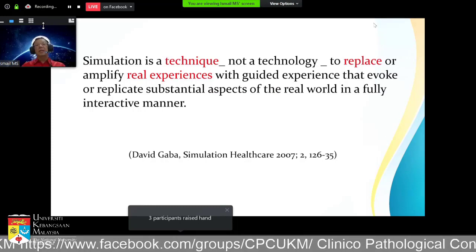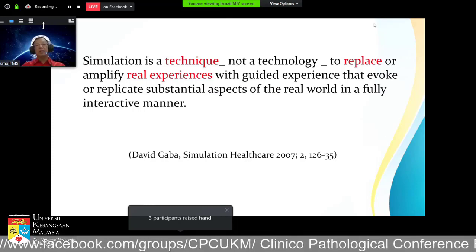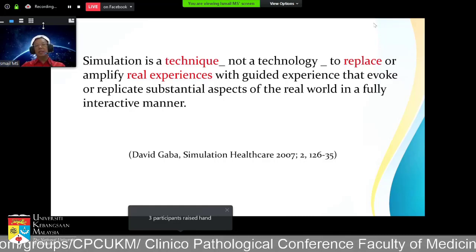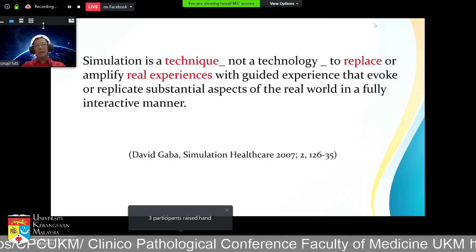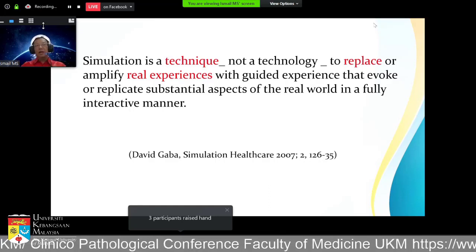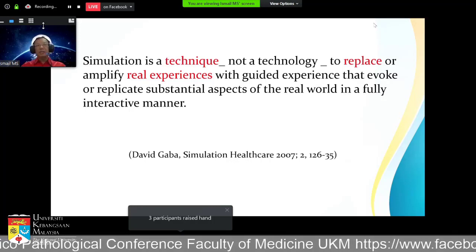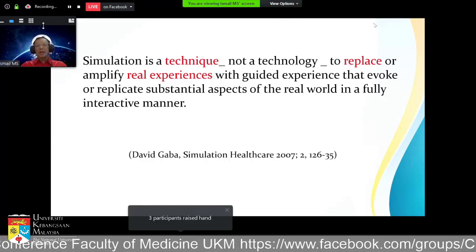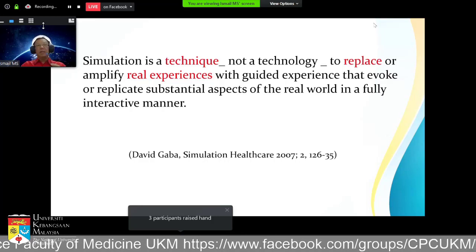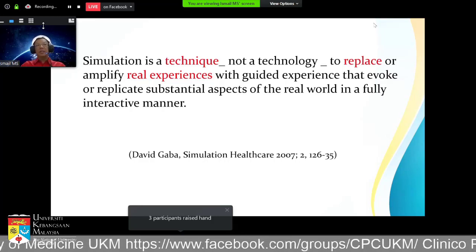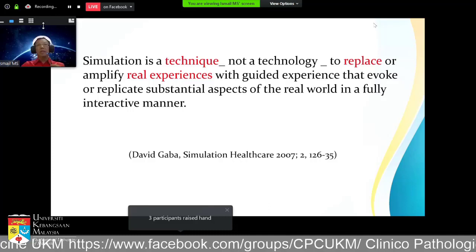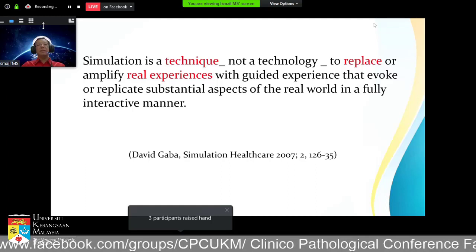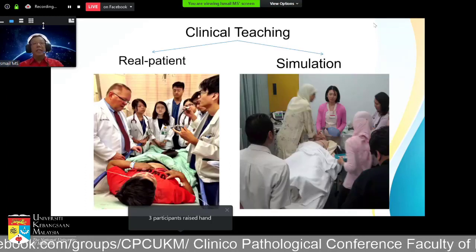Recently I was called to conduct a workshop at one of the IPTA, and to my surprise they were asking me, where are all your high-end fidelity simulators? We came here to see the simulators, but we only see you and your team telling us how to teach. That is one big misconception about simulation, because if you want to talk about simulators, then the best people to talk about them would be the companies that make them. So in terms of clinical teaching,